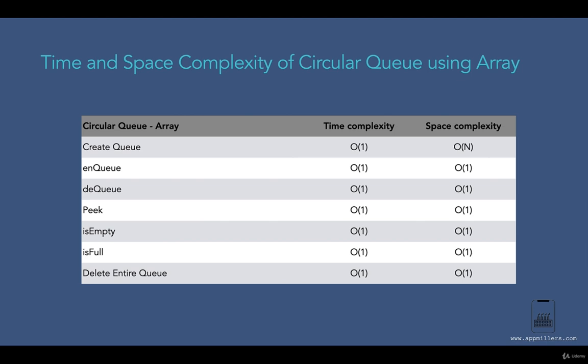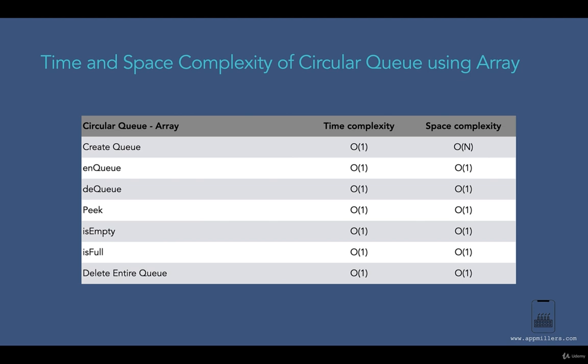Now when we are creating a queue, we are just initializing the array in the memory. So this will take O(1) time complexity, because here we are declaring an array and instantiating this array based on the size that is given in the parameter. Now here, as I mentioned, we are creating a circular queue based on the array. So when we are creating a fixed size array in the memory, it will take a fixed number of contiguous cells in the memory. So that's why the space complexity for this creation will be O(n). If the number of cells is n, the space complexity will be O(n).